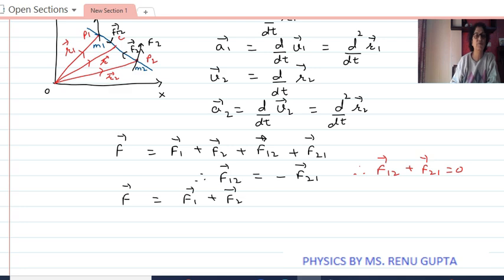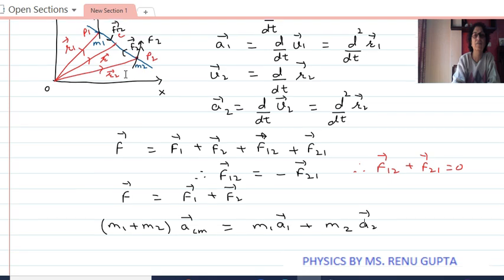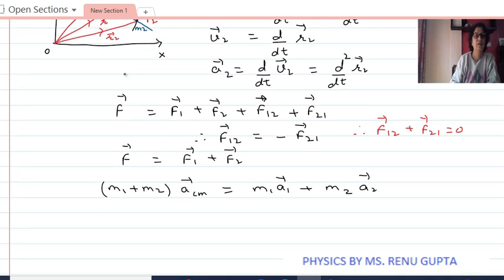Now what is net force? Net force is the total mass of the system times the acceleration of the center of mass of the system, which will be equal to m1a1 plus m2a2. Now we already have the relation for a1 and a2. So m1 plus m2